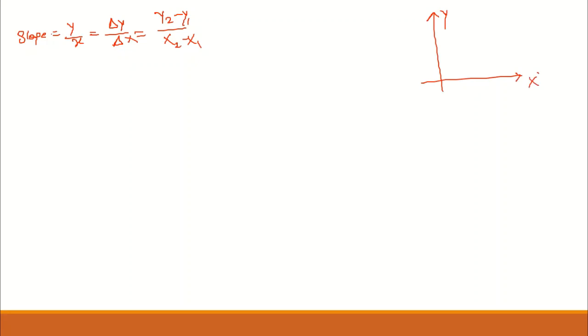What is slope? Slope can be calculated whenever we can divide the y-axis with respect to the x-axis, or the change in value of y with respect to the change in value of x, or we can say it as y2 minus y1 upon x2 minus x1. If there is a graph, so if it is a y-axis, if it is an x-axis, if I want to find the slope of a particular point, so if it is x1 and it is x2, the respective values of x1 and x2 are y1 and y2. If I want to calculate the slope of it, then the change in y, that is y2 minus y1, and change in x, that is x2 minus x1.